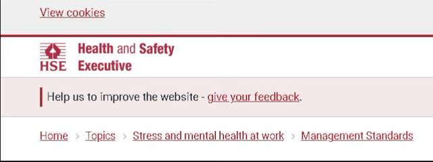Management standards: Overview, Before you start, prepare the organization, Step 1 identify the risk factors, Step 2 who can be harmed and how, Step 3 evaluate the risks, Step 4 record your findings, Step 5 monitor and review, What to do next, Do I have to follow the management standards approach?